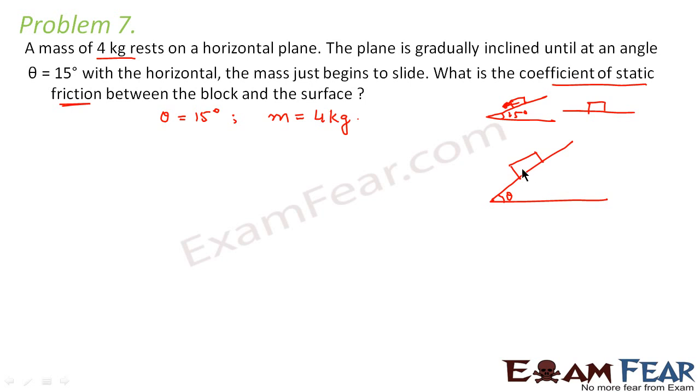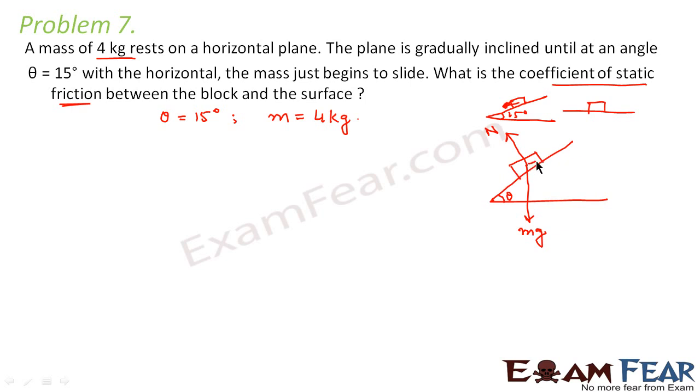Now what are the different forces that will act on this block? Obviously mg will act downward this way. Normal reaction will act normal to the surface of contact. So this is my surface of contact. So it will act normal to this surface. That means it will act in this direction. So this is my normal reaction. And what else will act on this block? Now the block will slide in this direction, right? So the static frictional force will act definitely along this direction.